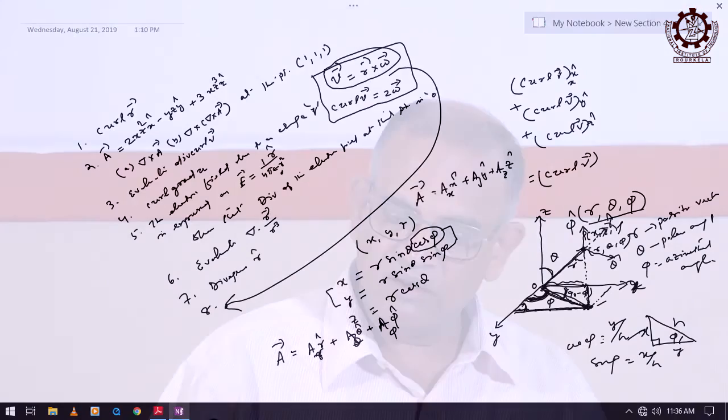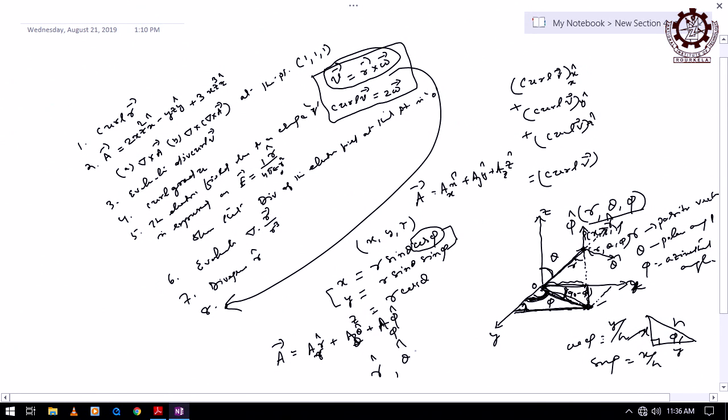Right? So now tell what will be the value of these unit vectors r cap, theta cap and phi cap in terms of theta, phi, x cap, y cap, z cap? You are getting 3 unit vectors, r cap, theta cap, phi cap in polar coordinates, in these curvilinear coordinates, and there you are getting x cap, y cap, z cap. So there should also be a relation. Then what is the relation between r cap, theta cap, phi cap and x cap, y cap, z cap? First tell r cap, what is the value?